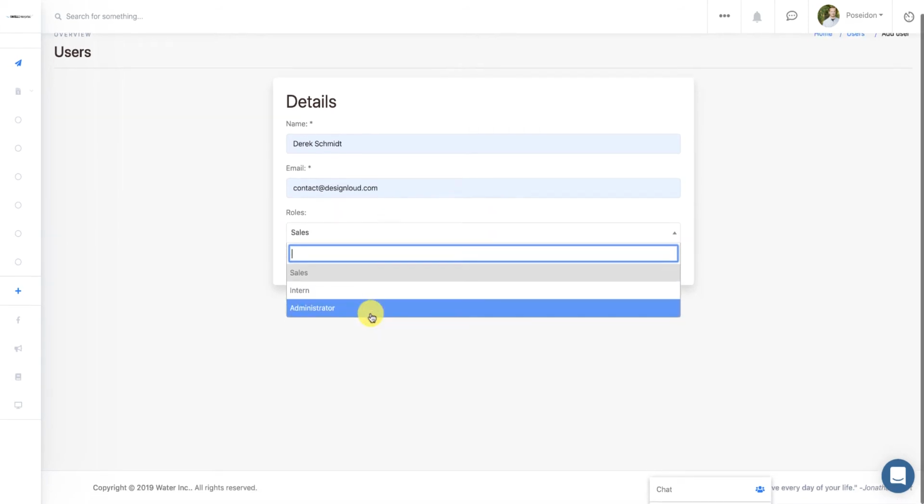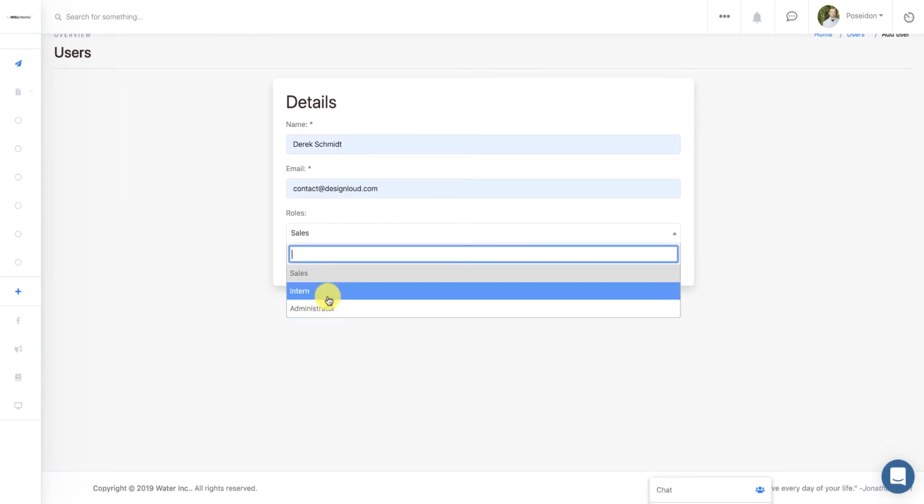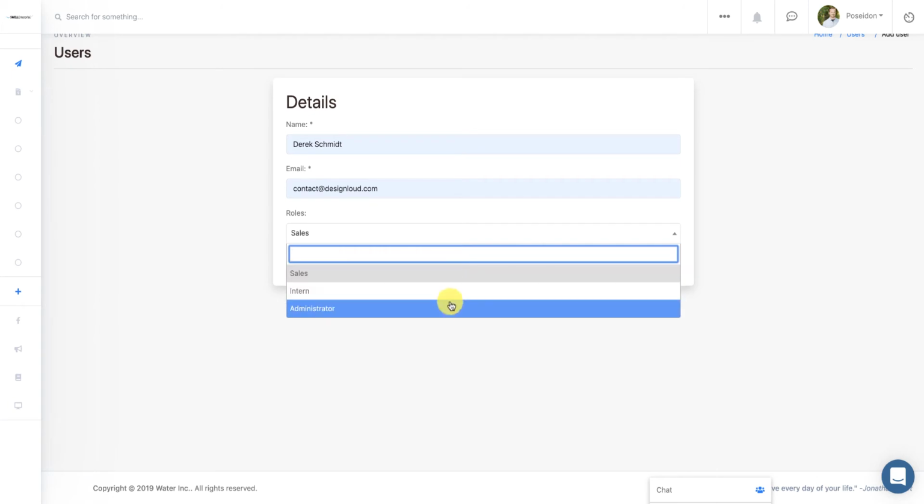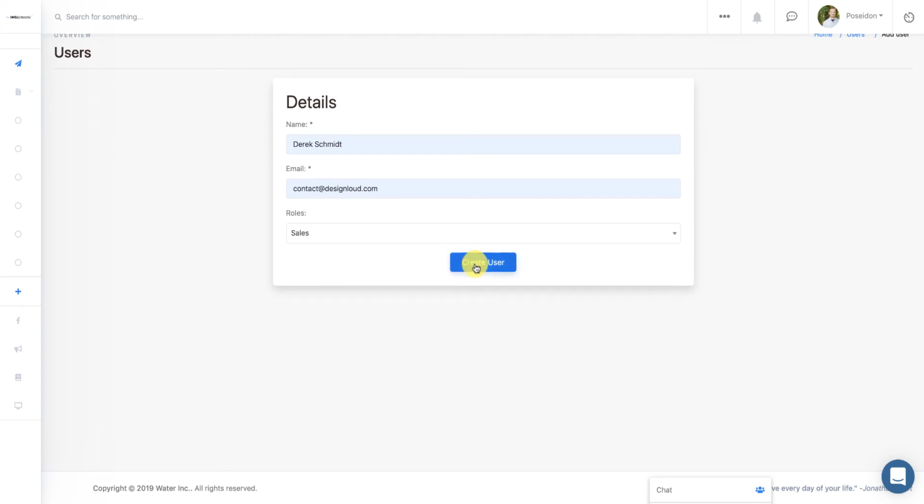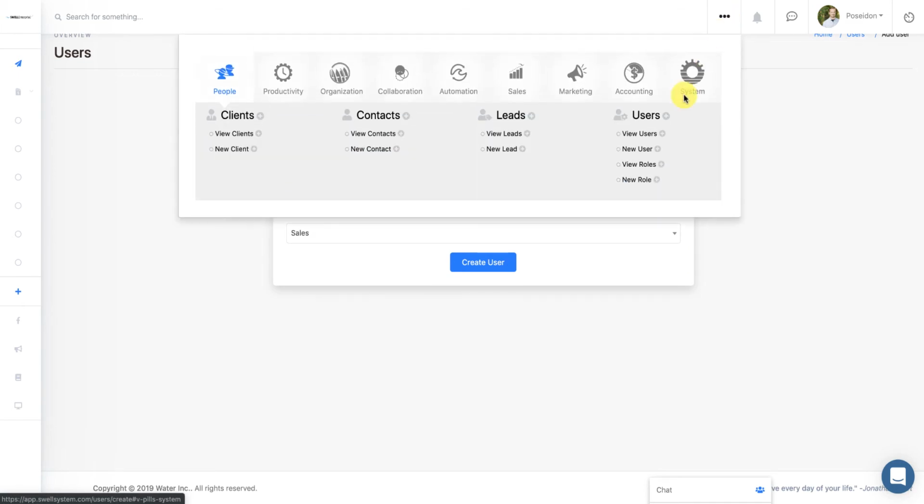You can see here we've got a few roles: administrator, intern, and sales. Once you're done with this, go ahead and click Create User. This will add the user to that account using those roles and permissions that you defined. Now, if you'd like to create a role, you can go to New Role,